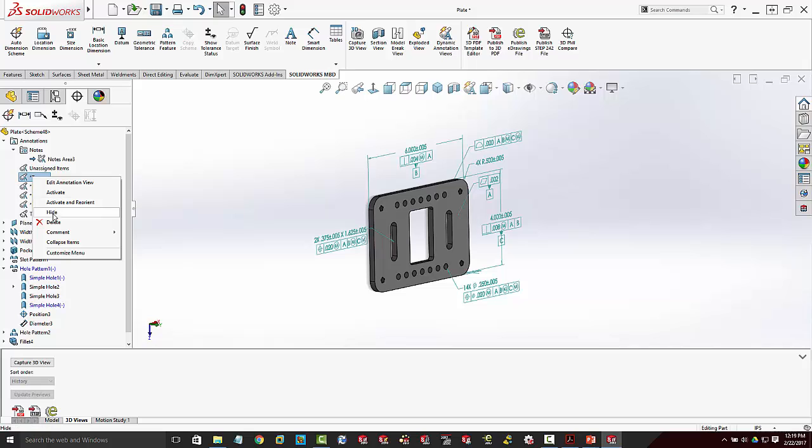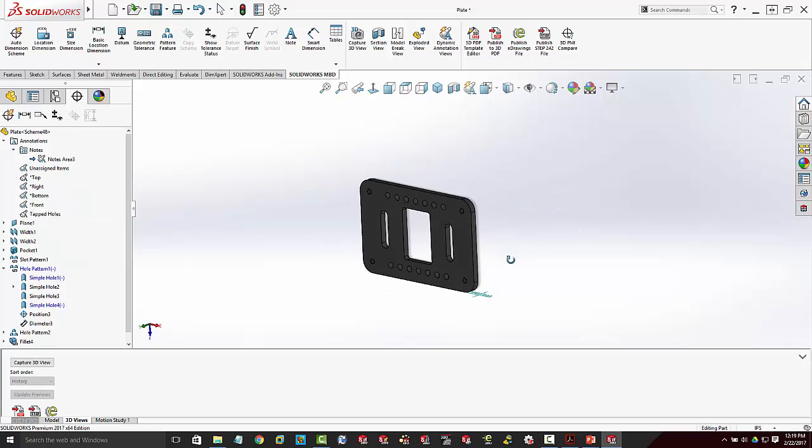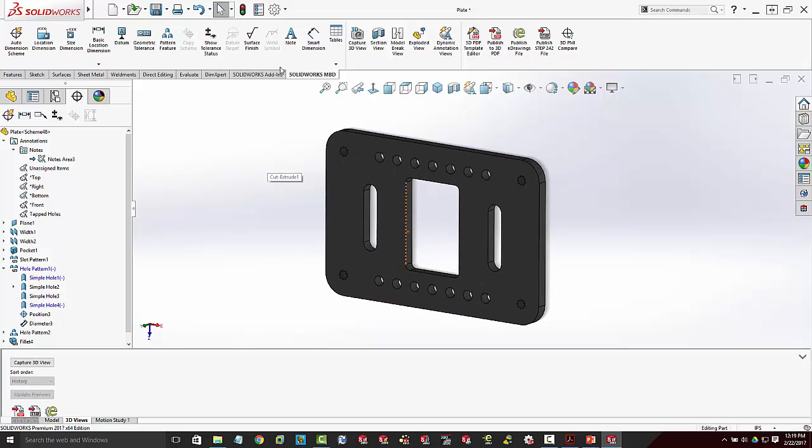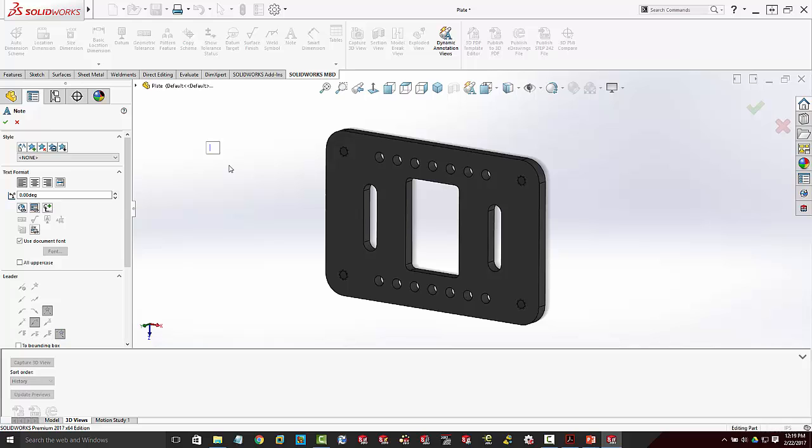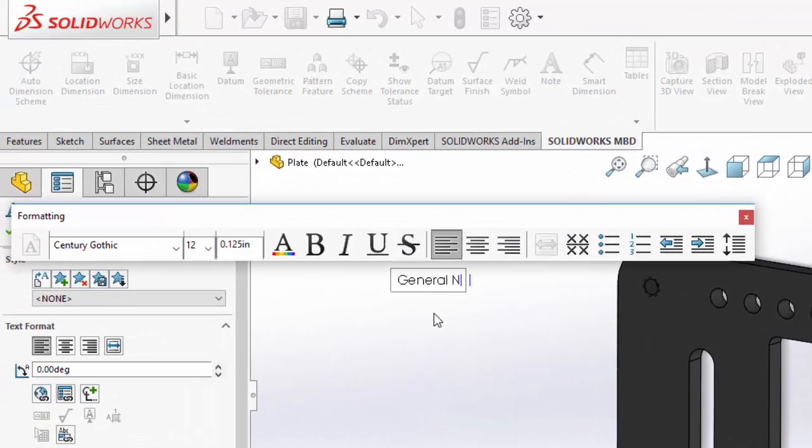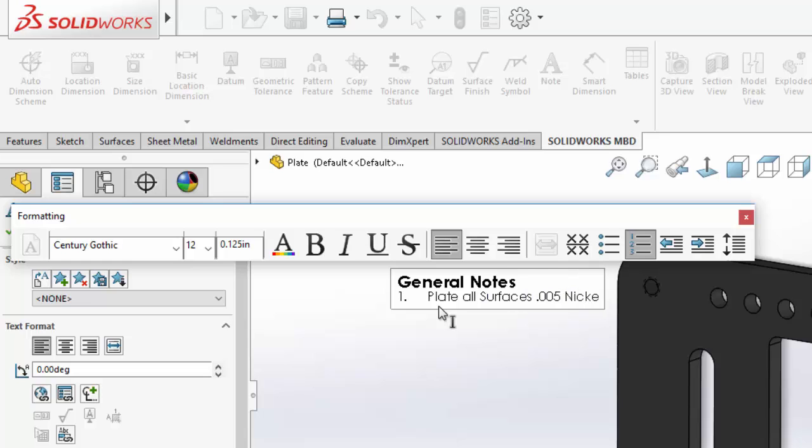What we can do is hide our dimensions, and add a note. Let's say we want to add a general notes area here. We'll use some bullets. We'll make everything nice and bold, and maybe make it a little bit bigger. Okay, and we'll say plate. And then another one might be general